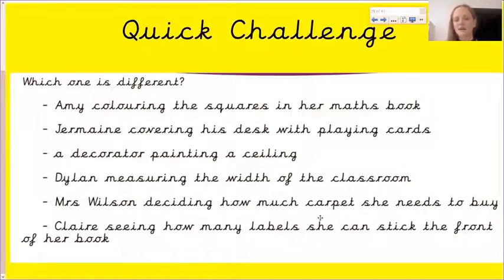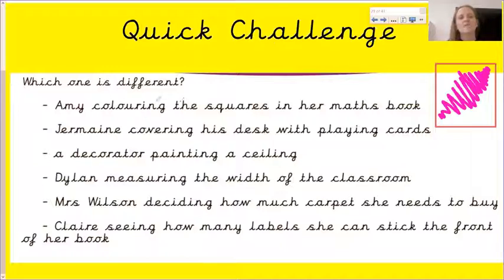So we already have discussed that the area of something is the amount of space. So this is the shape I want the area of. My area is worked out by the space within it. So my area is the space within the shape. So if Amy is coloring in the squares in her maths book, she colors in a whole page. She's then going to be coloring in the area of that page. Jermaine covering his desk with playing cards, he's covering the area of his desk. A decorator painting a ceiling, if that is my ceiling and I'm covering the whole ceiling, I'm covering the area